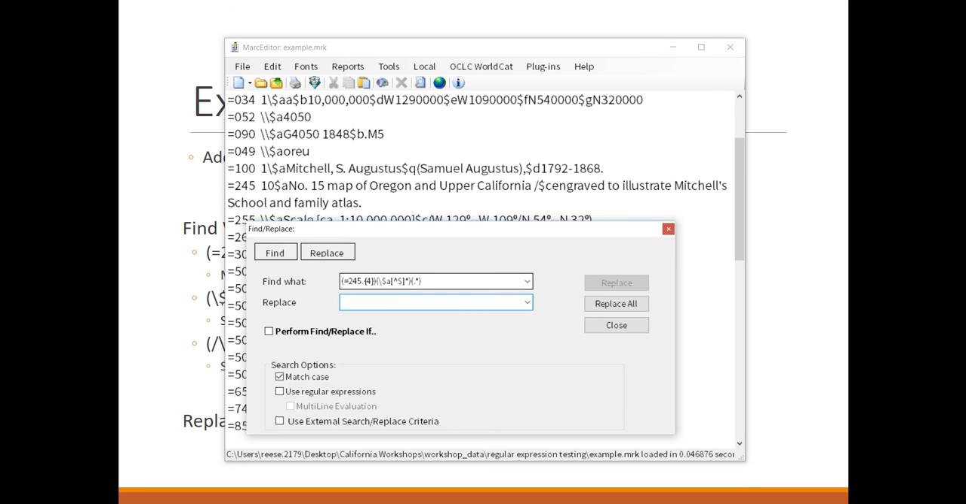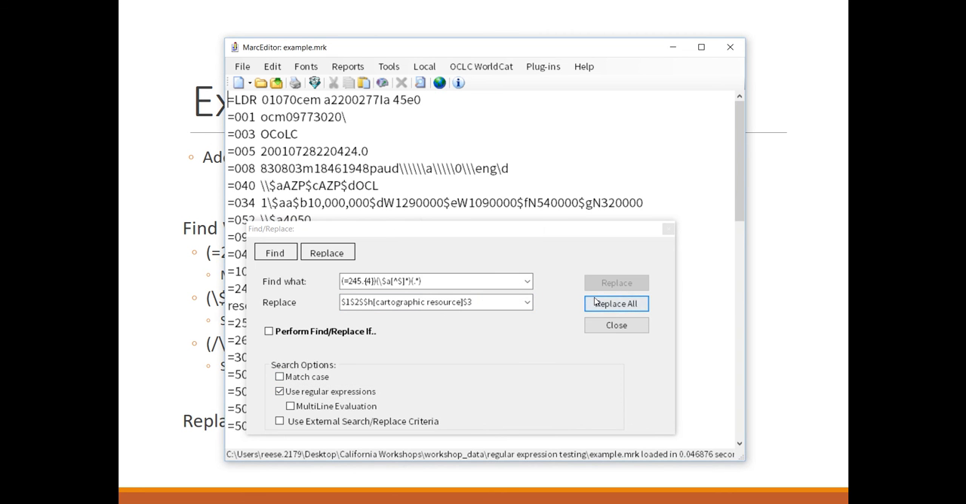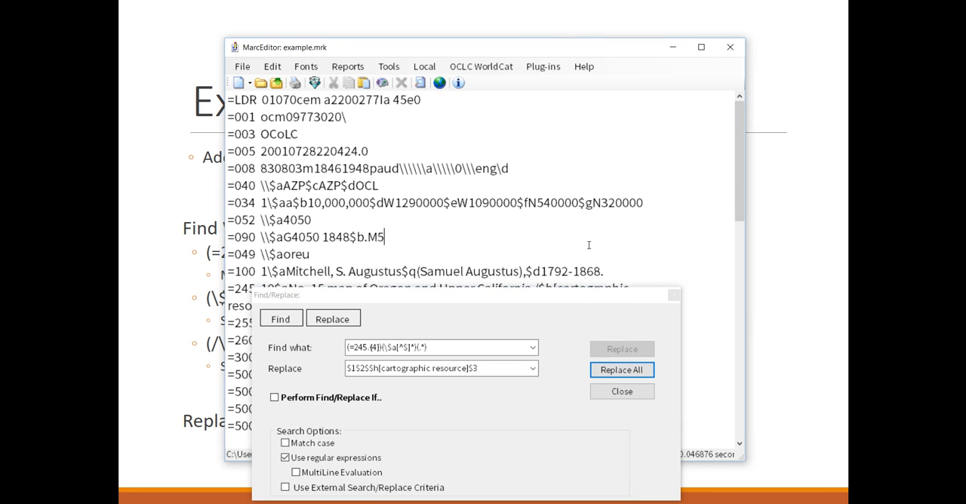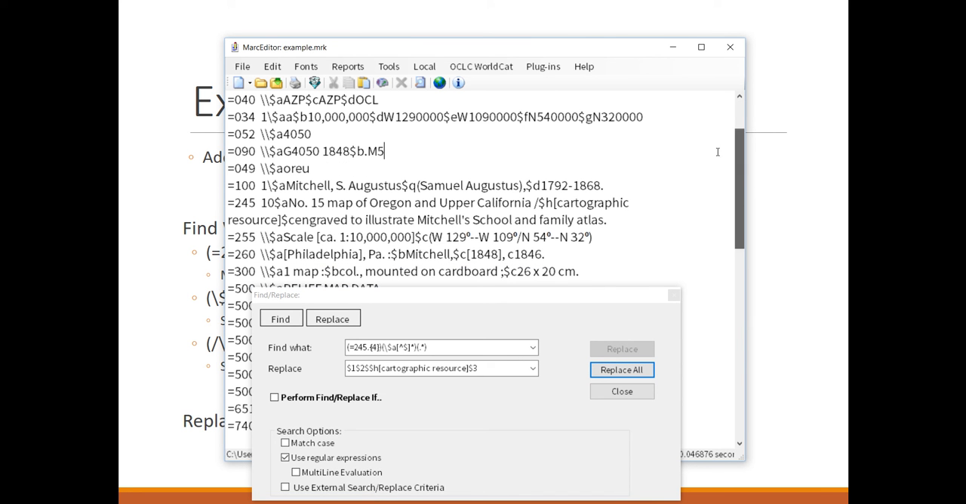And we're going to see this because you're going to look at it and it's going to not look quite right. And so then we'll do it again. So then we're going to replace it, $1, $2, $H, cartographic resource, $3. And we check regular expressions and we run it. And we see the modification here, and I'm not going to get rid of that. We look at our modification here that happened, and we see that it did capture the 245, it did put in our subfield H, but it put it in before this slash,